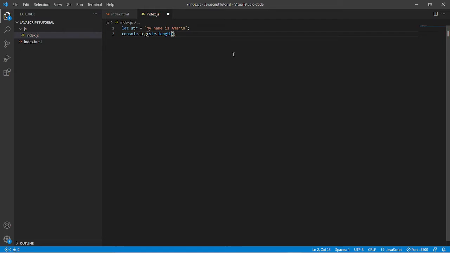But in some other languages, we have a length method, and so people sometimes use length with parentheses in JavaScript as well. But it will not work, as length is not a method in JavaScript, it's a property. So please take note that we should use length without parentheses as it's a property.